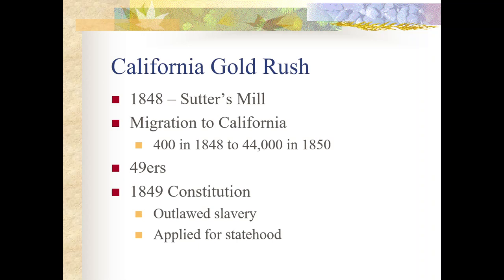So in 1849, they're eventually going to get their number of 60,000 settlers to apply for statehood. So once again, comes up the debate of whether or not California would be admitted as a free state or a slave state. And we will see California outlaw slavery, and as they apply for statehood, it is going to create controversy, and as we will learn, this will start to create the Compromise of 1850. So altogether, guys, this is starting to look at how we created what are the borders of the continental U.S.